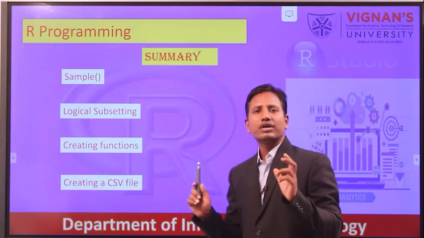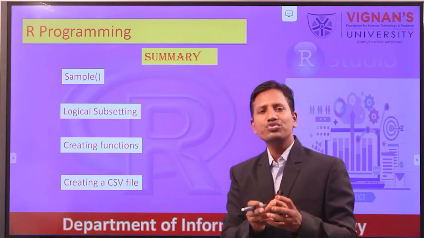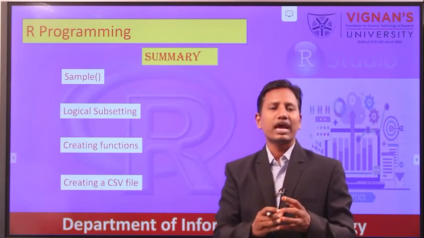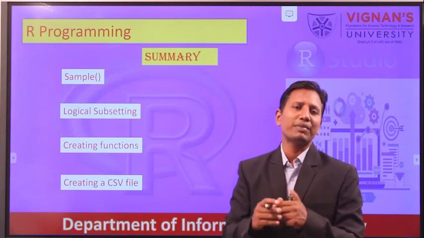So in this session we have learned how to use the data frame and how to access the values with the help of an application.